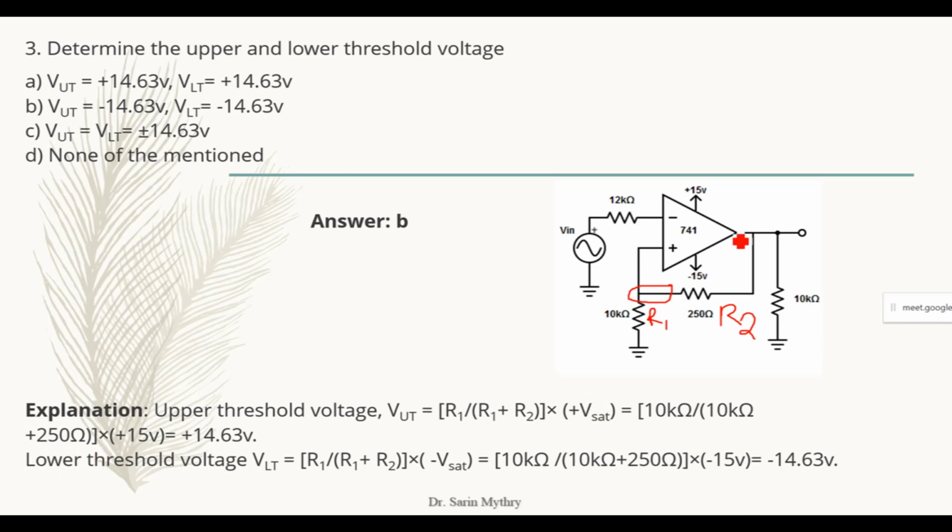Ideally we are taking this value, so it's a plus 15. When you do this mathematics, ultimately you are going to get an answer of plus 14.63 volts. In the similar way, substitute this value by minus VSAT, the entire thing is going to be same, only the minus 15 is going to come into this picture. So ultimately you are going to get your answer, it is minus 14.63. So your option number B is a,